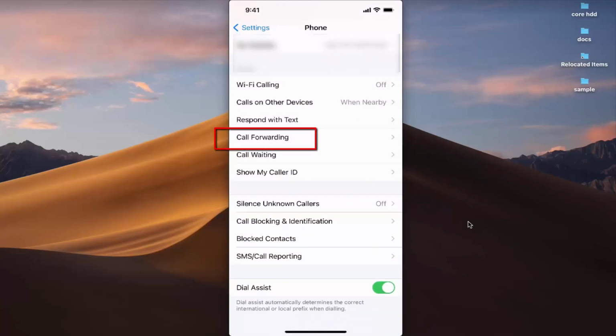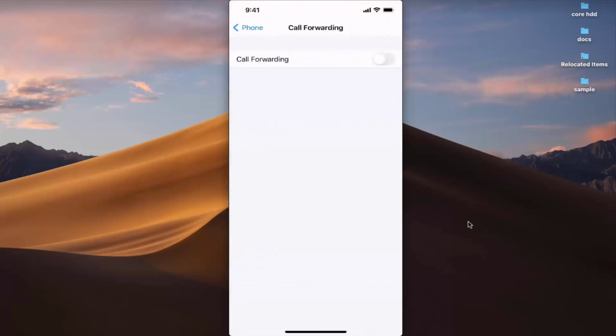So I'm going to just press on the call forwarding option, and once I press on the call forwarding option, I have this toggle button here, so I can just press on this toggle button to enable call forwarding. So right now the call forwarding is enabled, and I can provide the number on which I want to forward